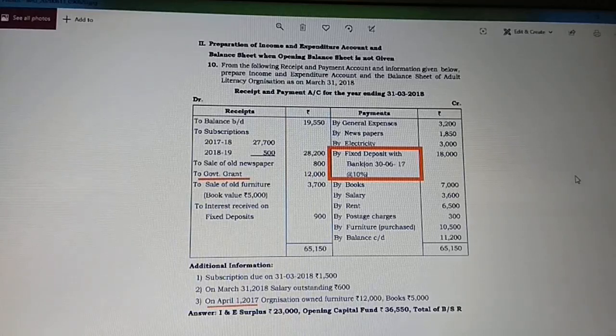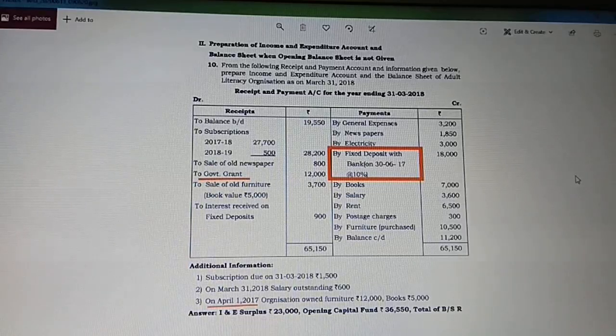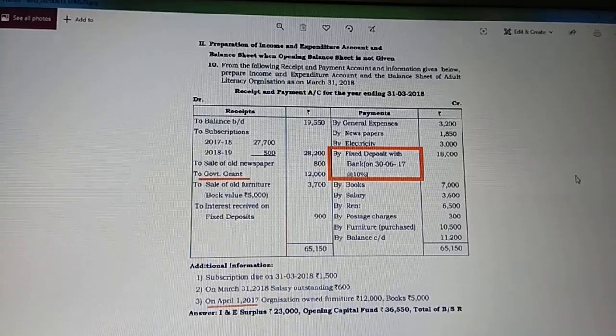Hi students, in this video we are going to see about a small difference in the complete question. So far we had come across the final accounts which was related with the opening balance sheet, but now we are going to see something that's going to be very different without opening balance sheet. So when there is no balance sheet, just by using the receipts and payment account and the additional information, that is the adjustments, we are going to prepare the same income and expenditure account and the new balance sheet.